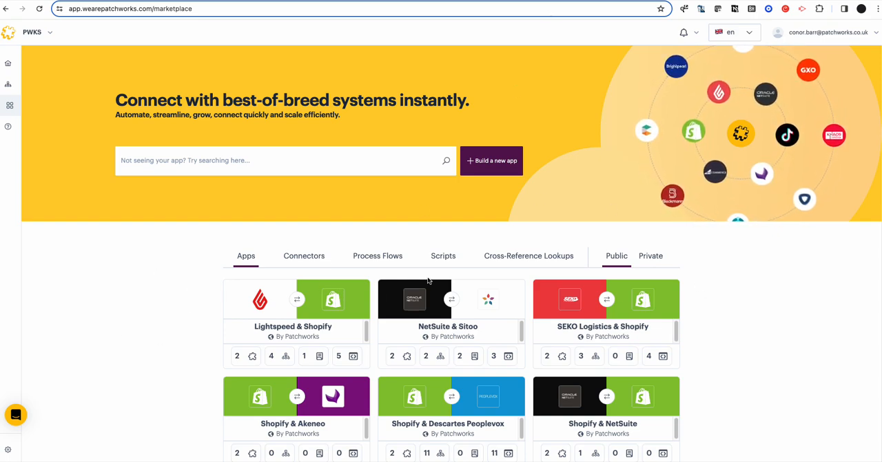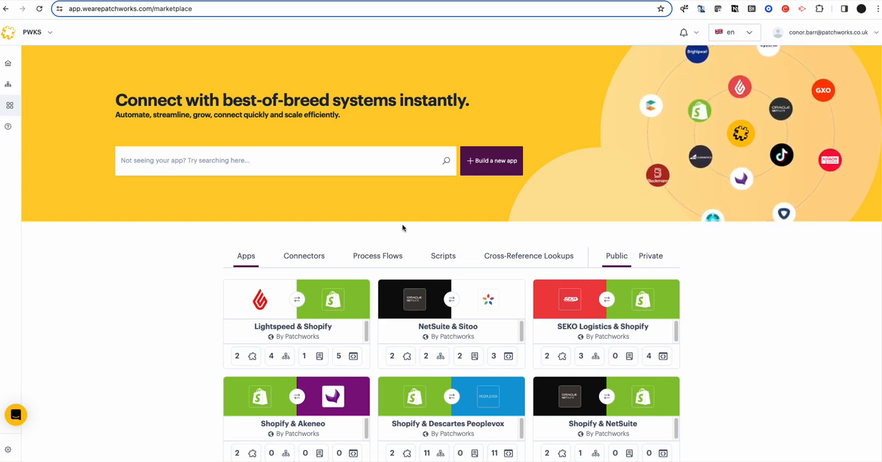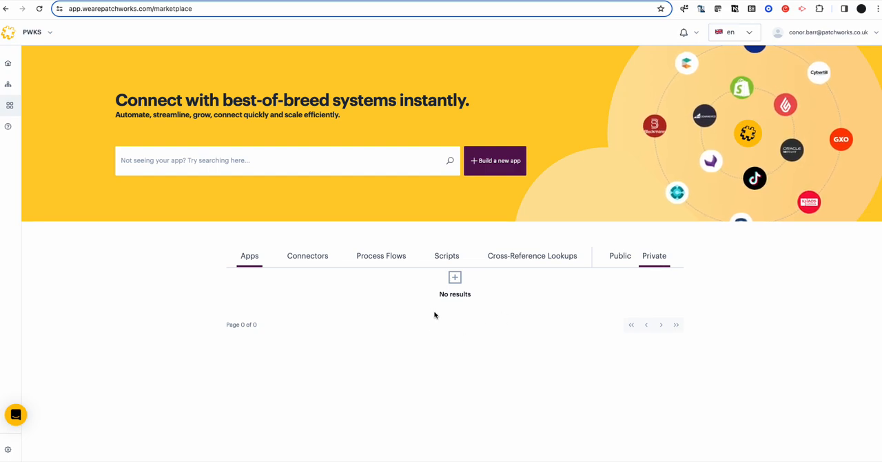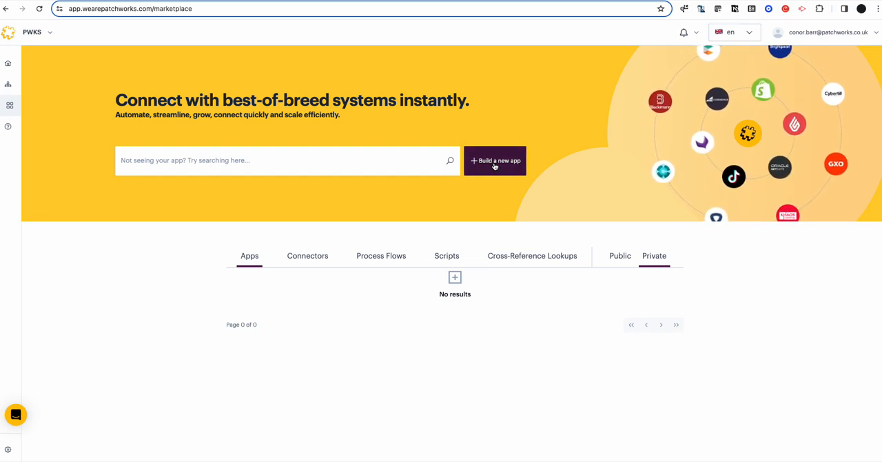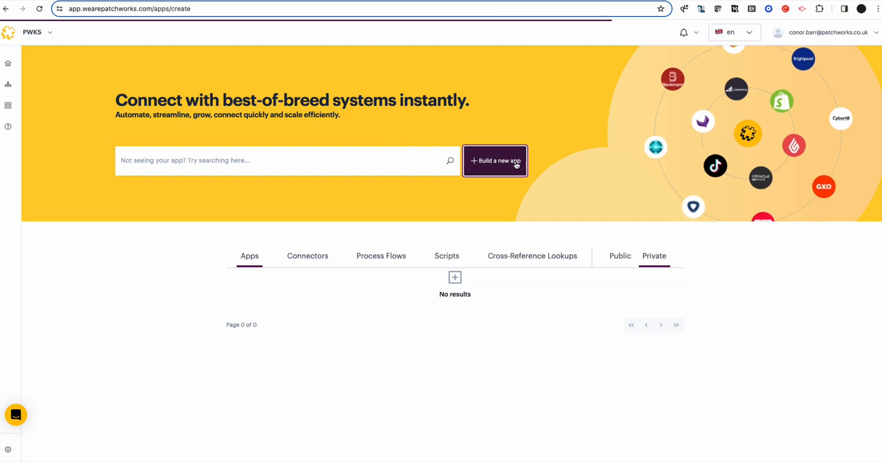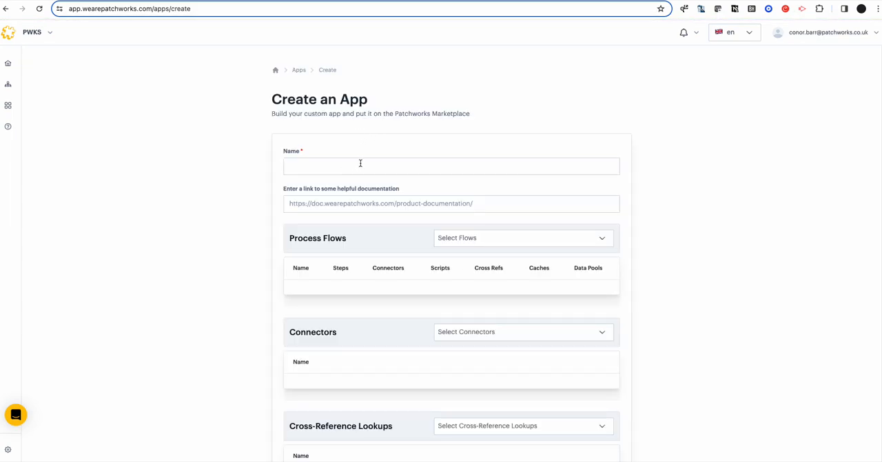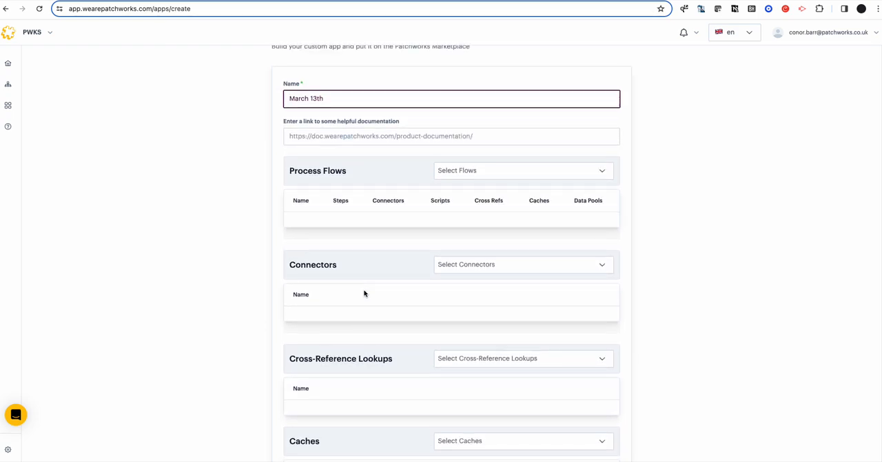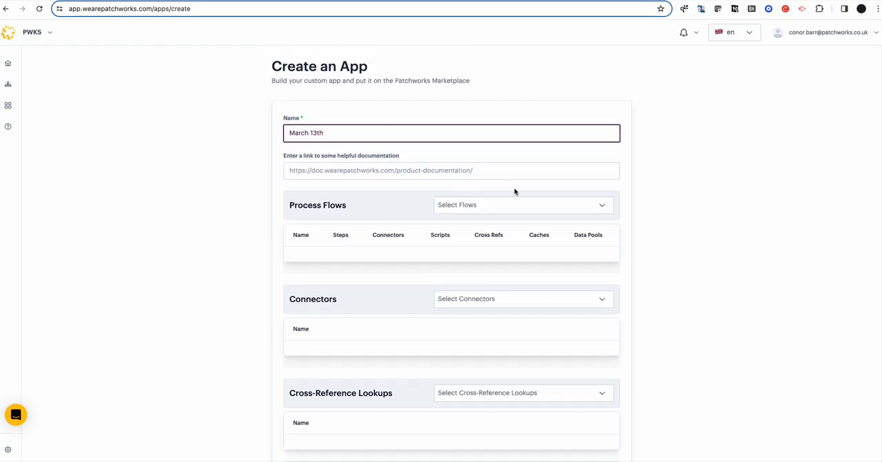So you've all seen the public app store, shall I say, but now there's a tab for the private one. So you click this build a new app button, and this is where you'll get to name your app. So we'll do March 13th. You would put in a link to your documentation potentially, and you would put what flows you want to package up, the connectors, the cross-reference tables, the caches, everything that encompasses these flows and what you